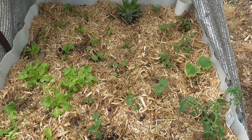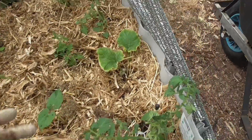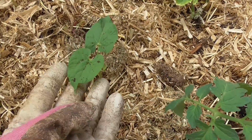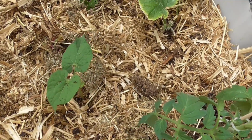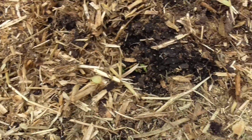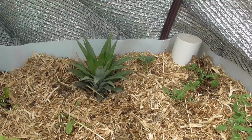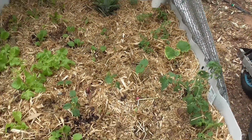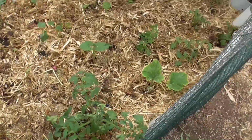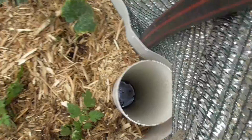So last week planted some seedlings, which were the lettuces and some cucumbers, but some of the cucumbers just haven't gone well, which is fine. Planted some bean seeds, so these are come up in 7 days. These beans, this is crazy. And a load of peas and some bok choy and some spinach, and I thought I'd put a pineapple top over there, see if that goes. Some beetroot. Yeah, and tomatoes, so I just thought I'd throw a load of stuff at it and see what happens, because obviously there's